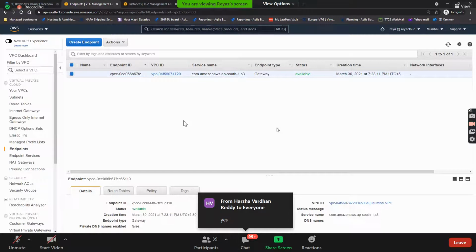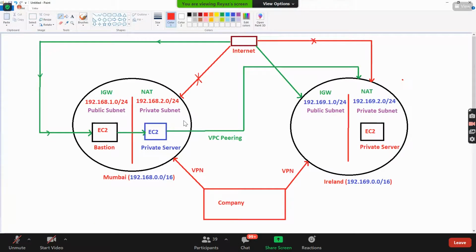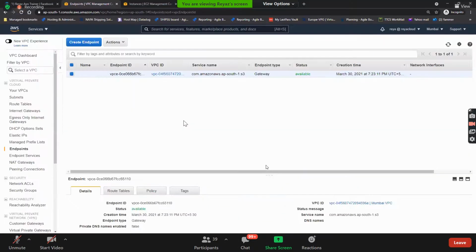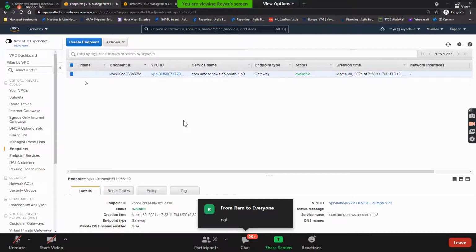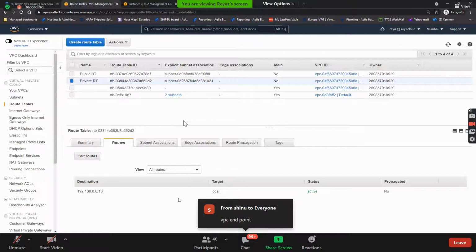Now, guys, I am here in the private server and I am accessing AWS. Now the routing should be happening to NAT or VPC endpoint. For the private routing table, now I don't have NAT. Now I need to route to where? VPC endpoint. So you don't need to do anything.